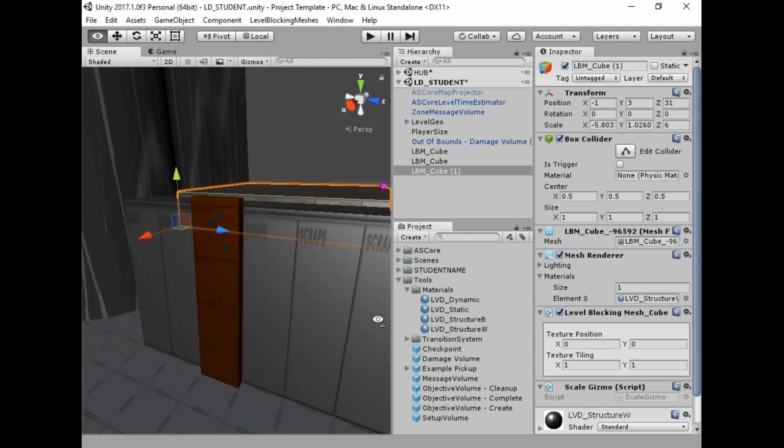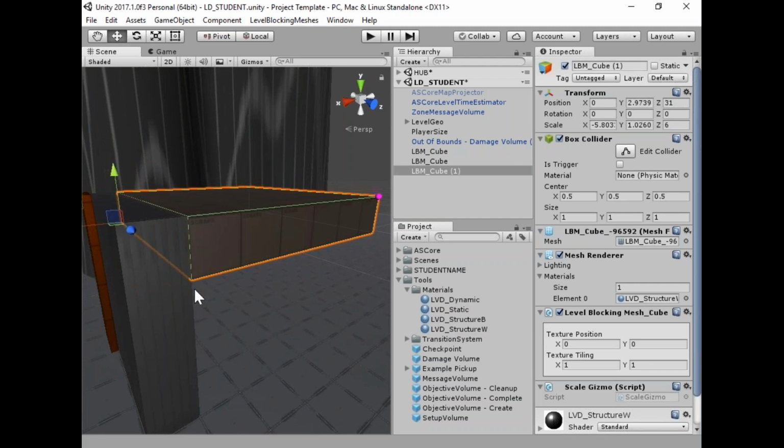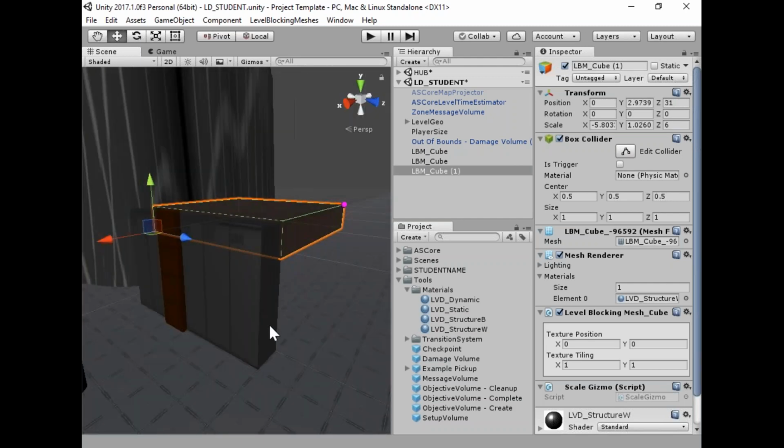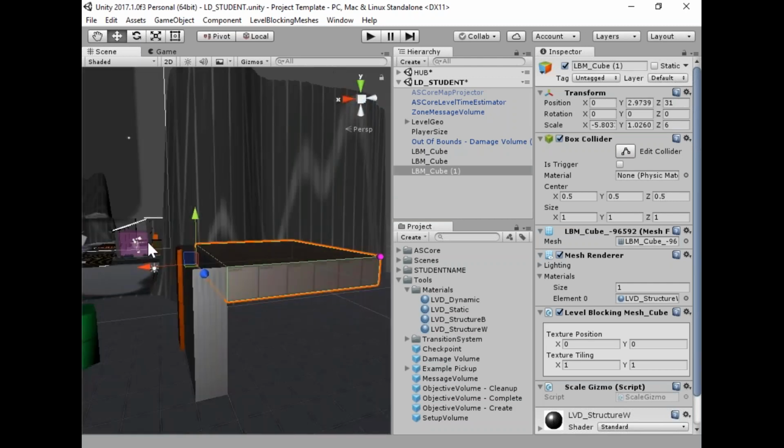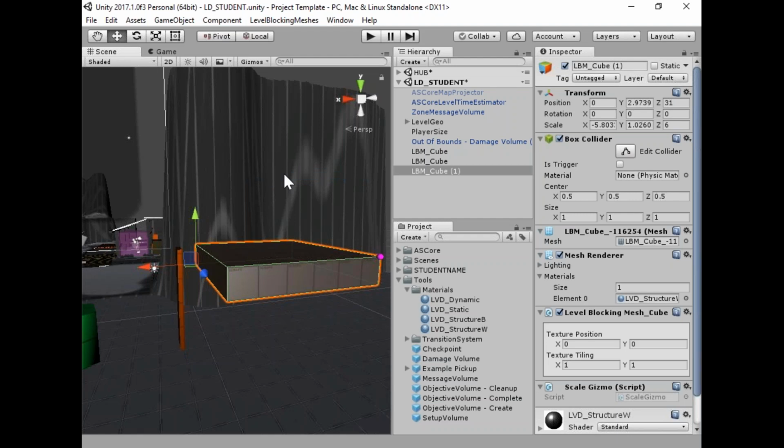This is destroying the UVs on the other one. They're both the same object. They're both generated from the same thing. So if you need them to be separate, you should refresh them so that it becomes its own thing. So if I go to level blocking meshes and do refresh mesh at the bottom, it generated that new one,